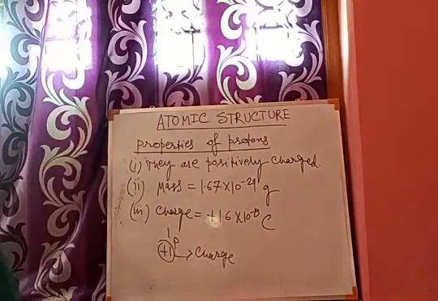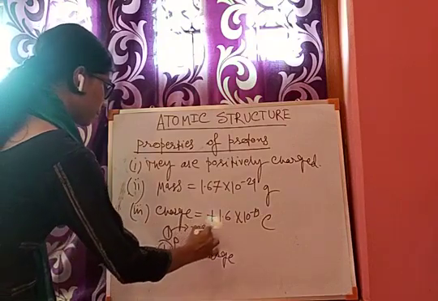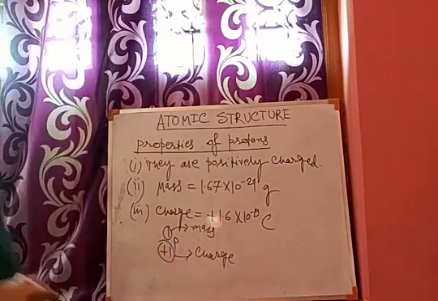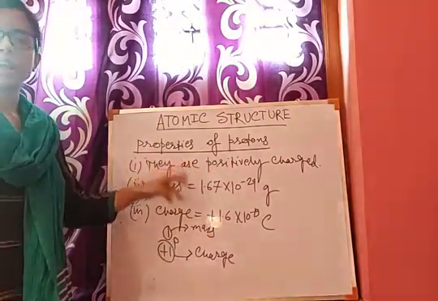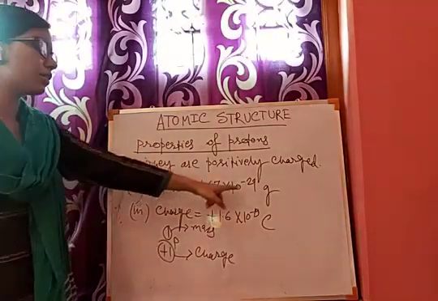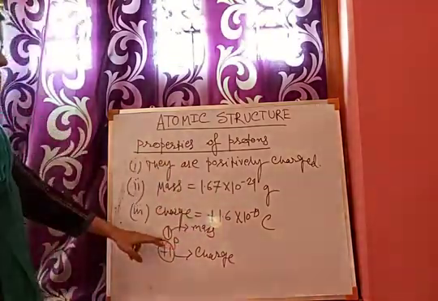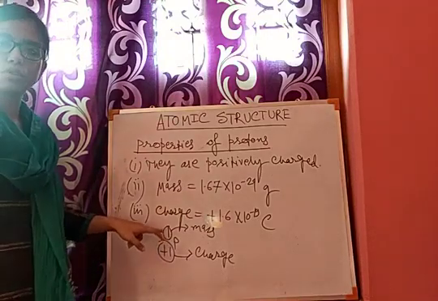This is the charge of proton, and this is the mass of proton. So plus 1 P1. So proton is positively charged and carries unit positive charge, and it has a mass 1.67 into 10 to the power minus 24 gram, and that is taken here in the symbol, that is nearly equal to 1.